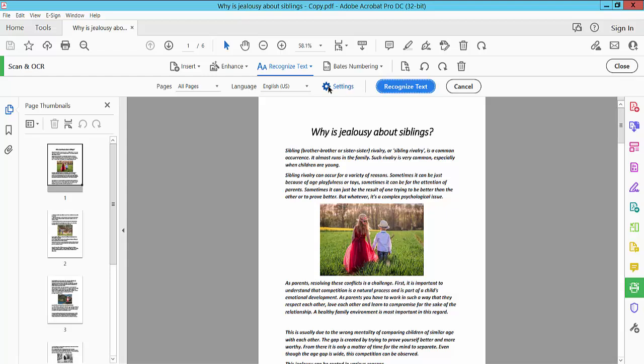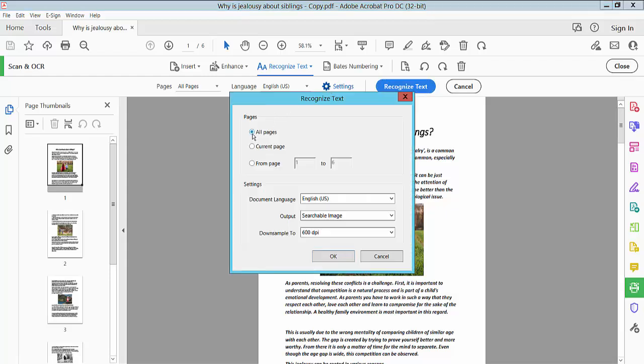Now click on the setting option. You can recognize all page, current page or specific page, all page, and select your document language. I'll select UK and output. I'll select editable text and image, and down sample to you can select DPI and simply select OK,